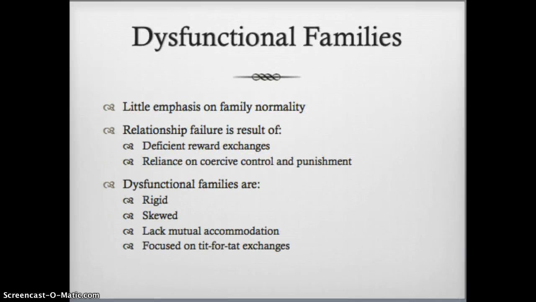By contrast, in dysfunctional families, there's little emphasis on family normality. There's not a good ratio of rewards in comparison to the amounts of negatives or withdrawals from the family. There's usually an over-reliance on coercive control and punishment, so parents really tend to focus too much on do this or else, or do this because I say so. And so rather than trying to teach kids how to behave, the parents assume the role of being much more authoritarian and much more mandating what behavior is. Of course, kids don't always respond to that very well,